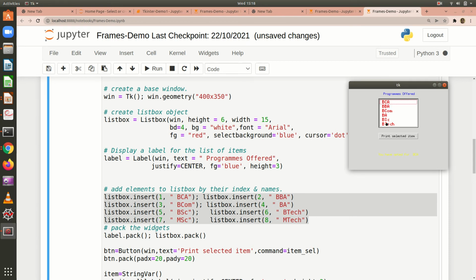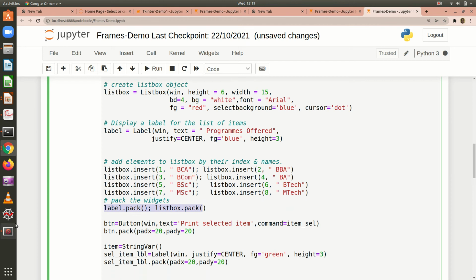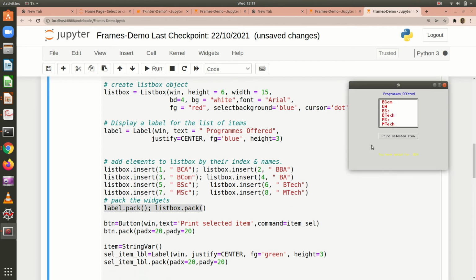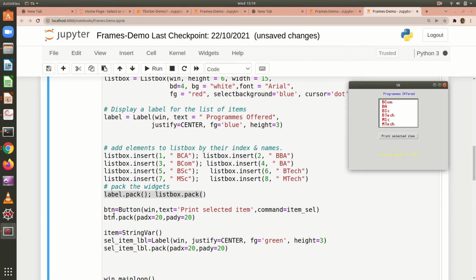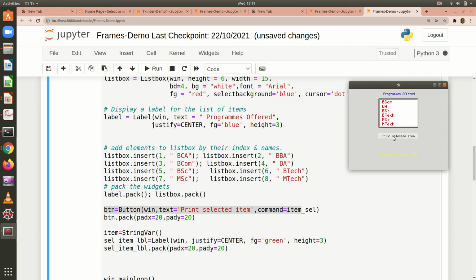Initially I am having only 6 items in the list box. When I scroll down, the 7th and 8th items are also displayed. Okay, then I am packing both label and list box widgets,